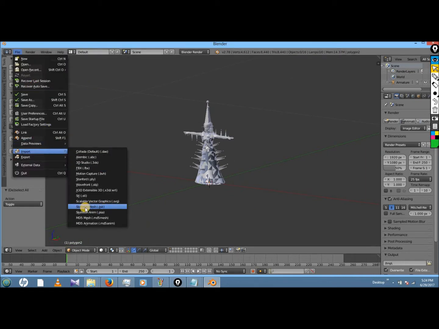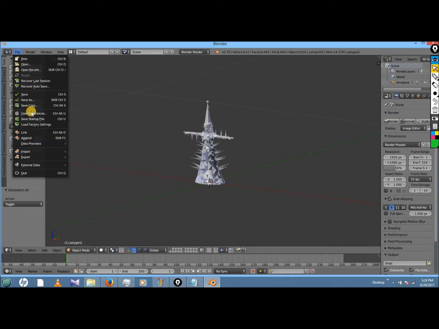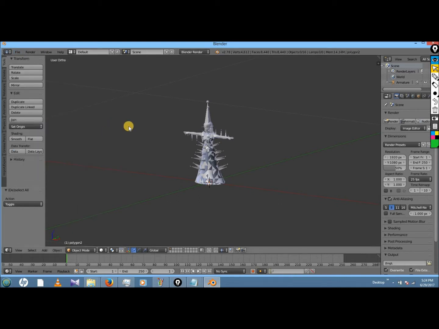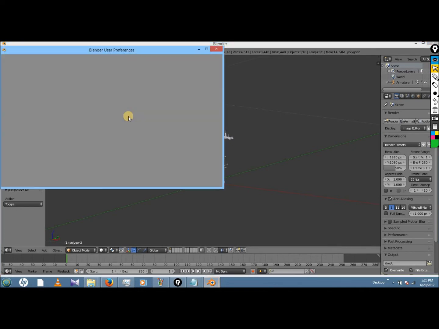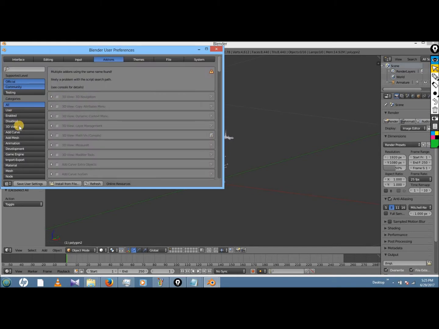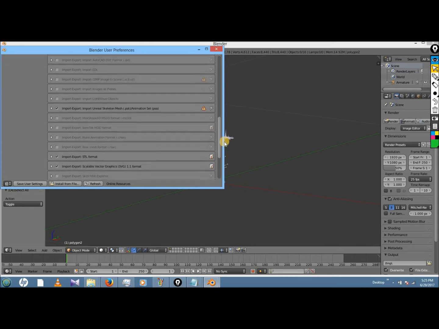And if you don't see it here, skeletonmesh.psk, you can go to user preferences, and if you don't see it there, you can always enable it by clicking import export on this left pane so it only shows that stuff, and then scroll down until you see it.